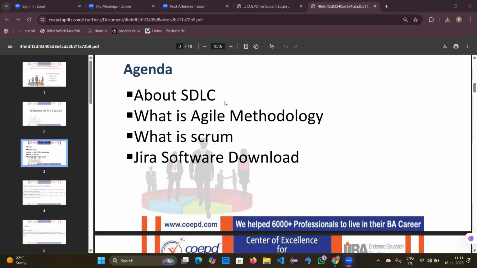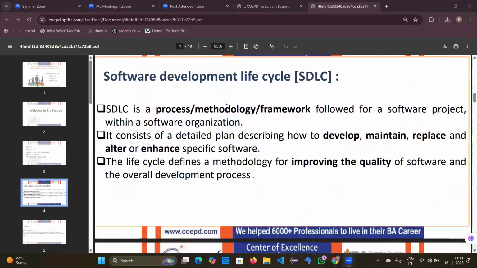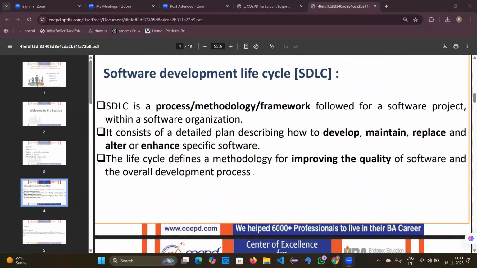Then we'll go into the practical Jira, how you can access the Jira software and what you are going to do in Jira. We'll be discussing them. So first we'll be discussing the software development lifecycle. As we all know, the software development lifecycle is nothing but